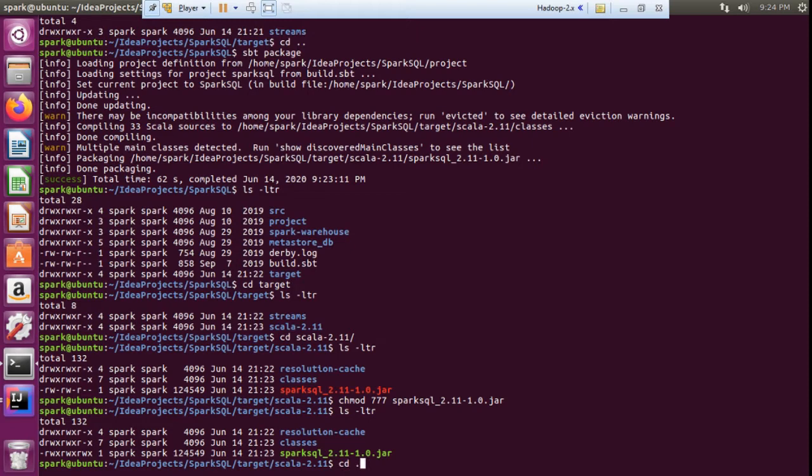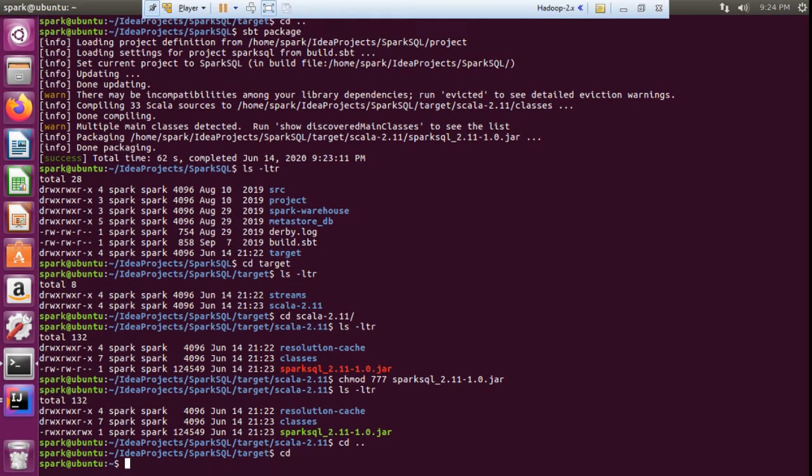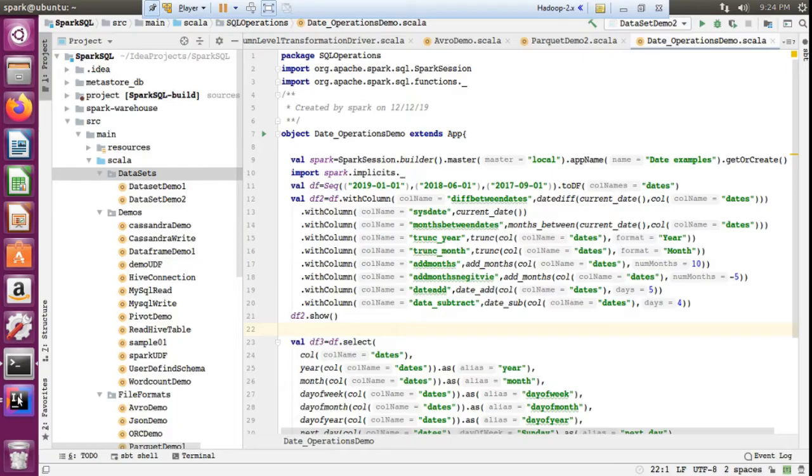Now go to the home directory. Okay, cd. Yeah, so in this project I want to execute this particular Scala program in Spark Submit, using Spark Submit. Okay, now the jar is ready.